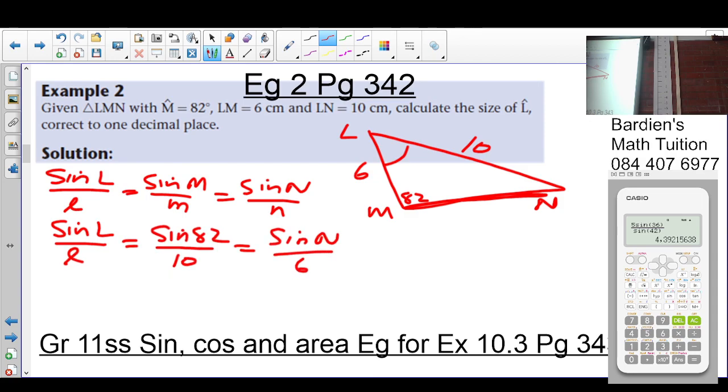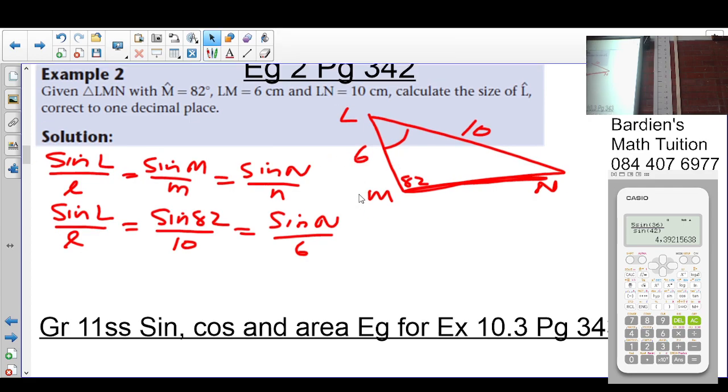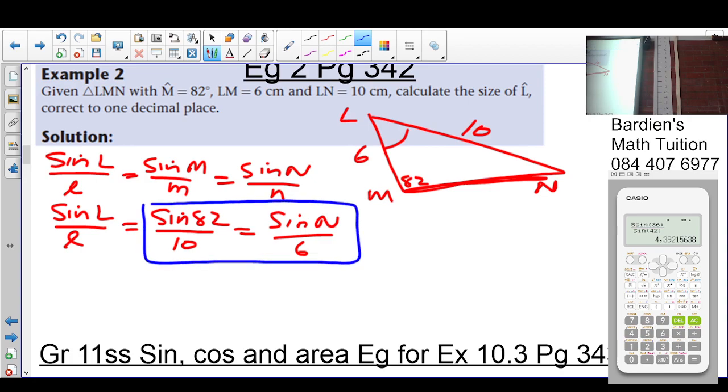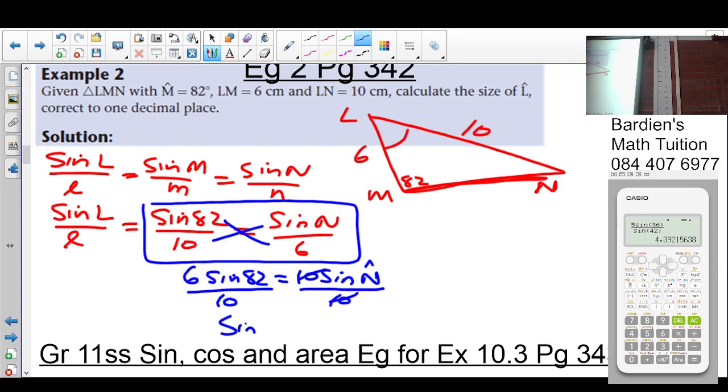Can you see that, people? So what can be calculated here at this stage? The N. I can't calculate L straight away. The denominator is also an unknown, so I'm going to block this. I'm going to solve for N. So I cross multiply here. What do I get? 6 sine 82 is equal to 10 sine N. So what do I do now? Divide by 10 both sides. So sine of angle N is equal to